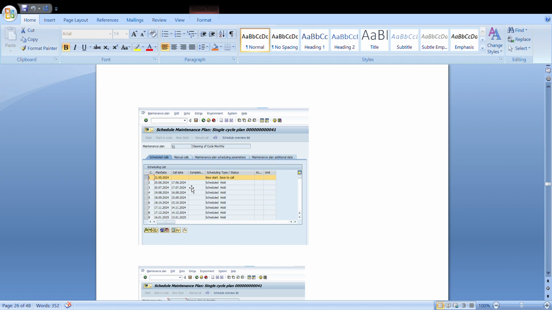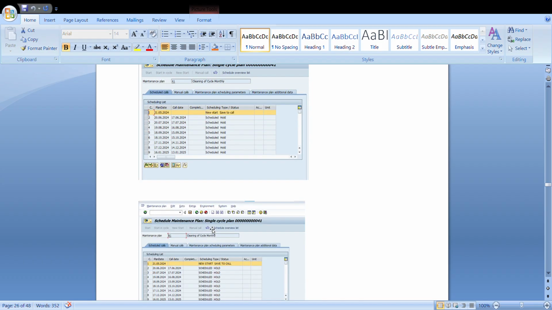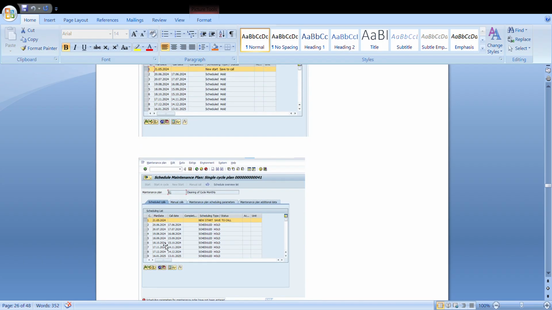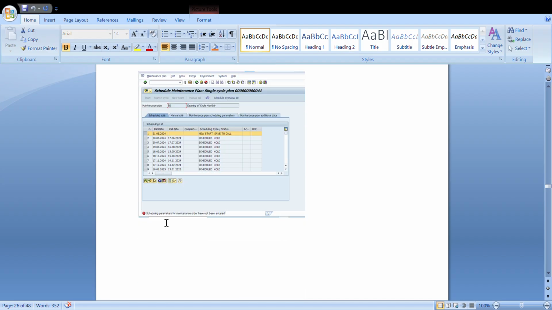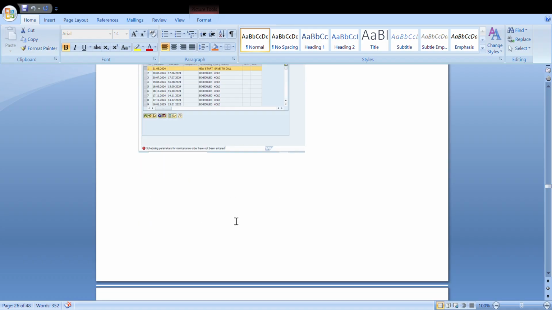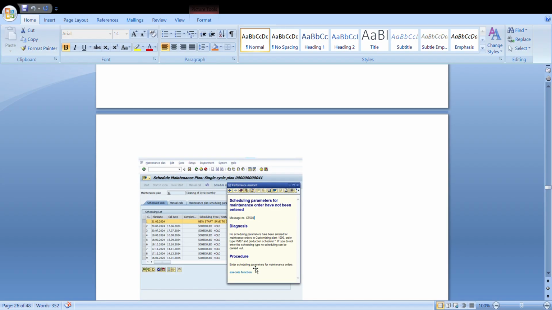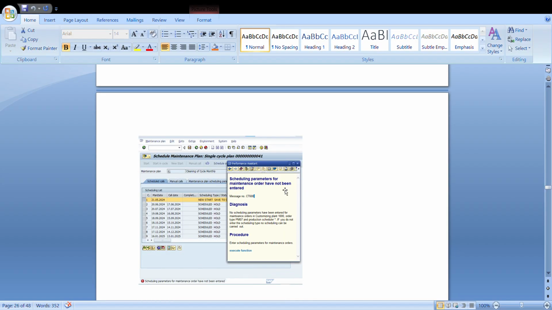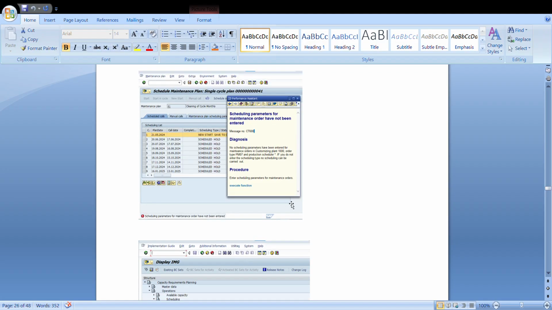Here this is my maintenance activity. On this date I have to select that and release the maintenance plan. While I am releasing this maintenance plan, I got the error: scheduling parameters of maintenance order have not been entered. So for that, again